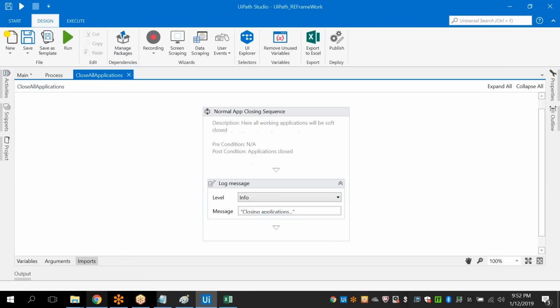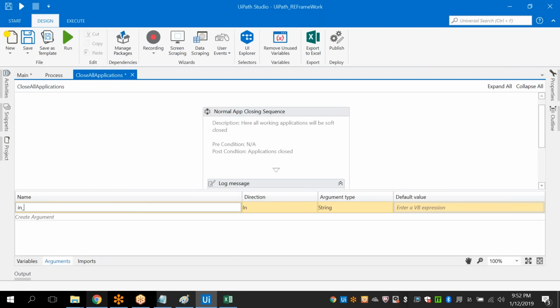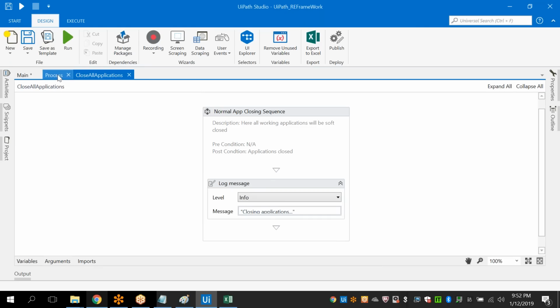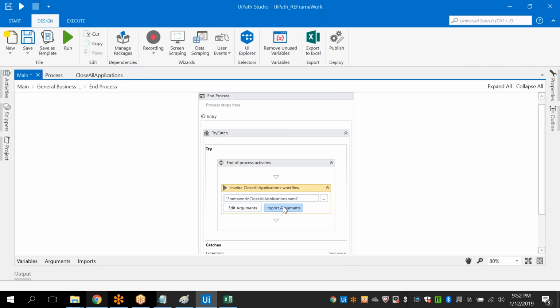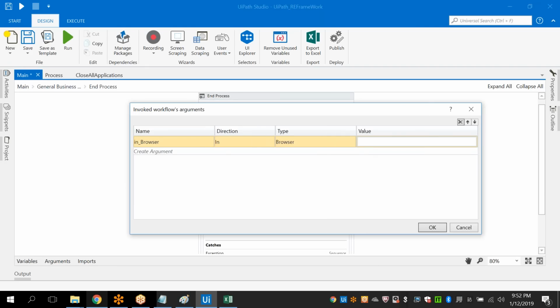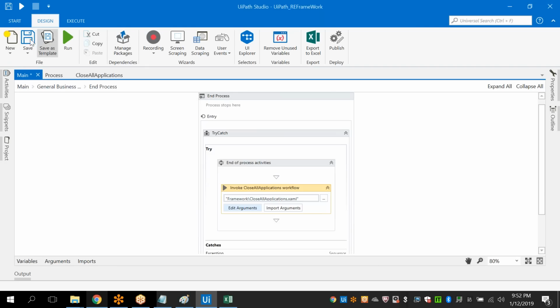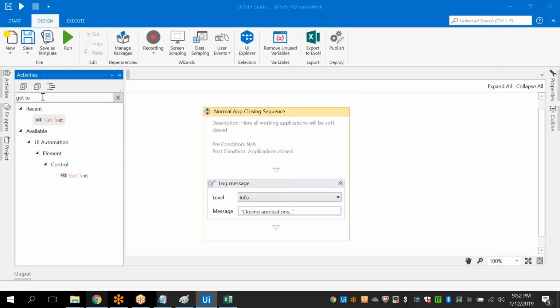Here also we are giving the browser, so that is the browser type. Okay, and go to the processes, go to main and import, edit and give the Yahoo browser. Yahoo browser is moving from one location to another location. So here again give the